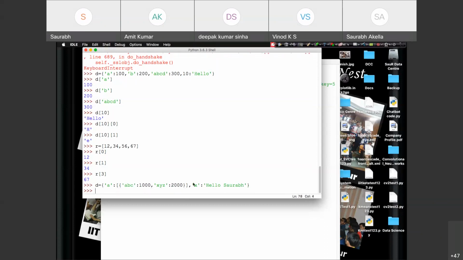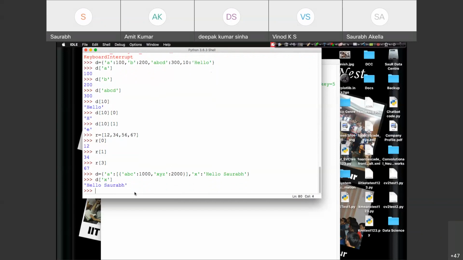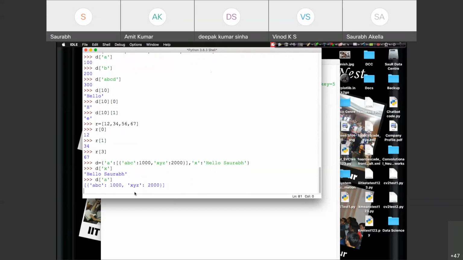I want to access hello Saurabh. How do I access it? D of X is hello Saurabh. Very easy. If I access D of A, that gives the entire list. Because the square bracket is coming, and we access a list using an index, I want to access the entire data inside, because this is my first entry.